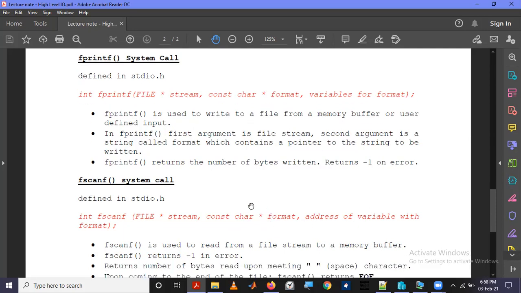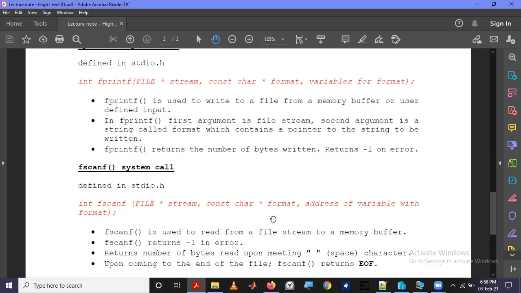Not only one memory buffer, you can read into a set of memory buffers by using this formatted string, you can read into several memory elements if you want.